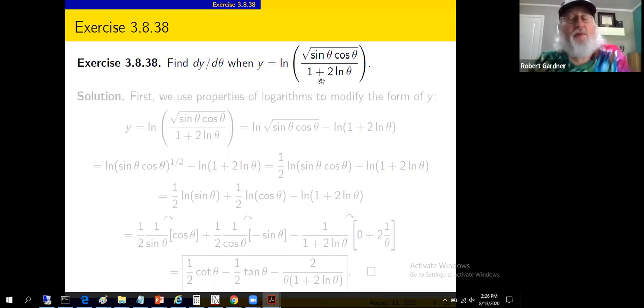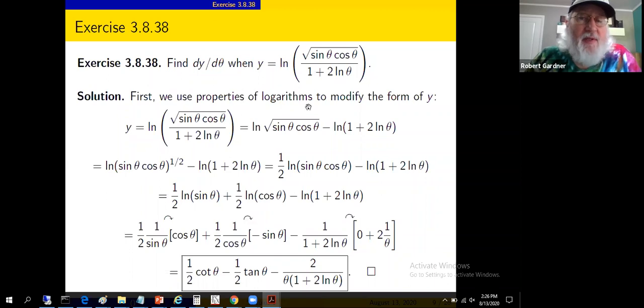It's a quotient. So unless I'm clever, I see a quotient rule. In that quotient, there's a composition: the square root of sine theta cosine theta. So that'd be chain rule. And then inside that, there's a product, and that would be a product rule. So I'm seeing product rules, chain rules, quotient rules. And all that's just happening from taking the derivative of what's inside the log function. We could do all of that. But